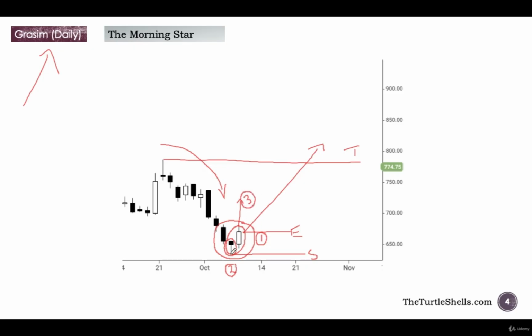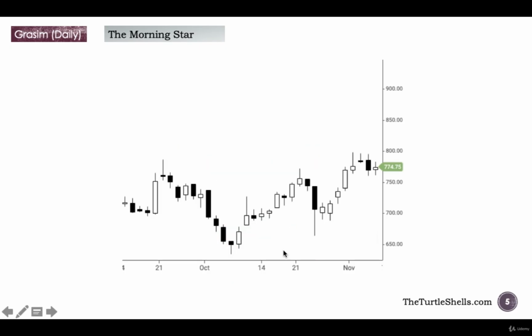So you have the hammer, the bullish engulfing pattern, and the morning star, all three combined into one. That gives us the extra confirmation to take the trade confidently. You have three different candle patterns coinciding at one particular location in one single pattern, okay? Which is why you see this strong upthrust. Because it's a strong